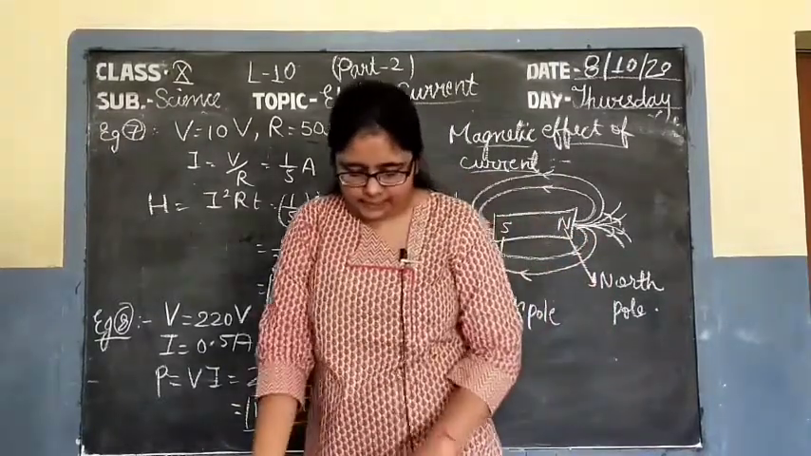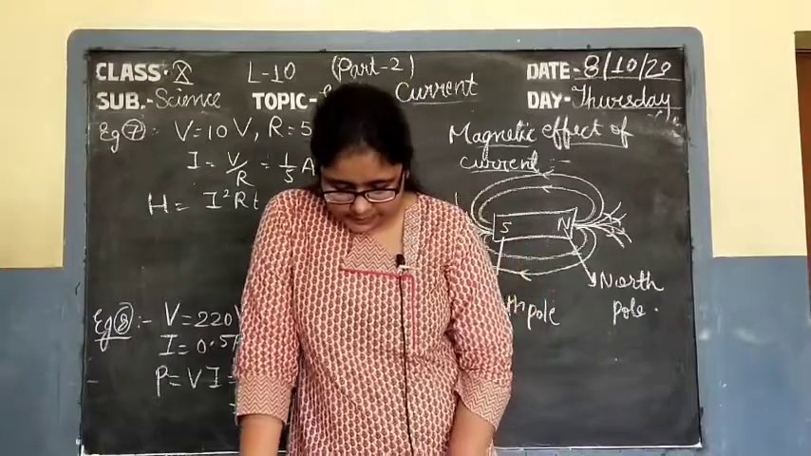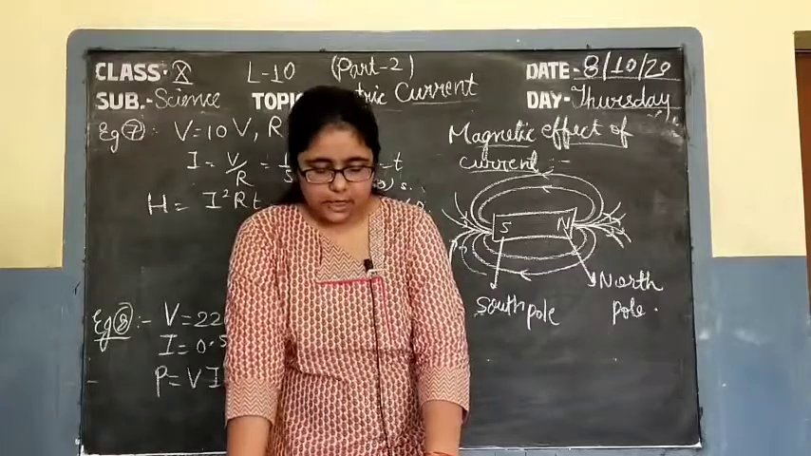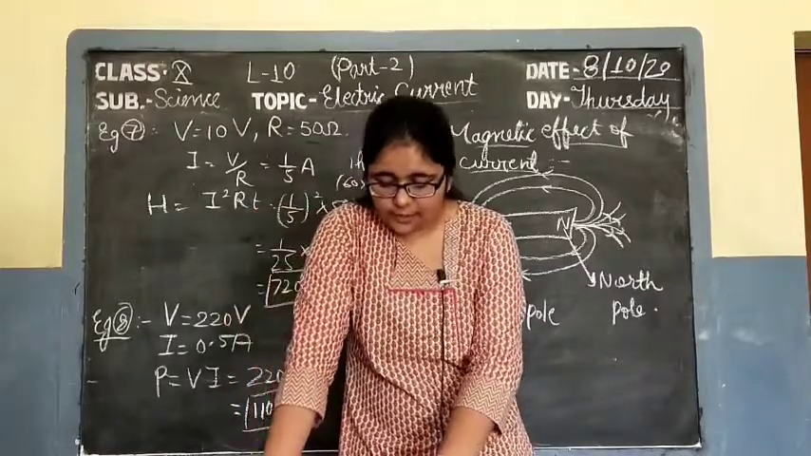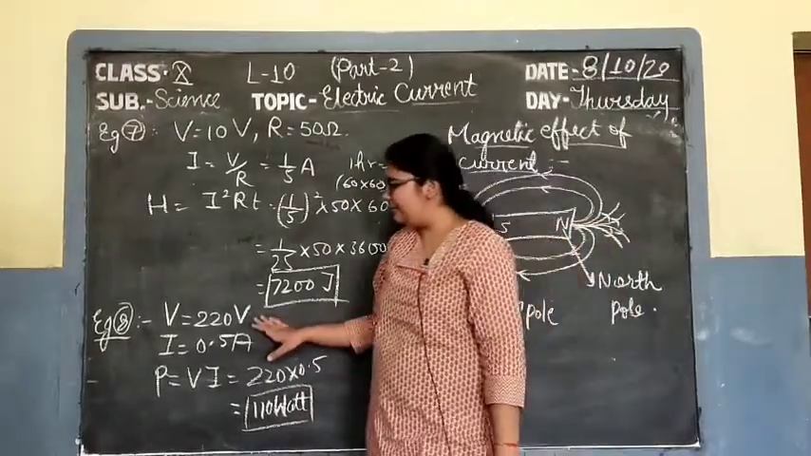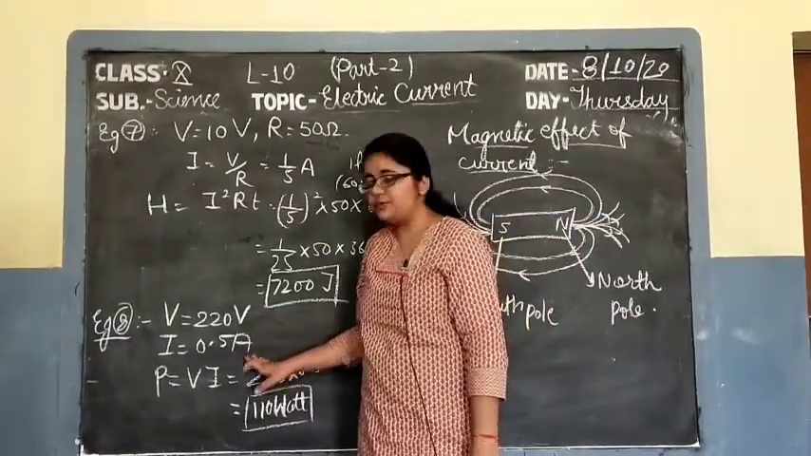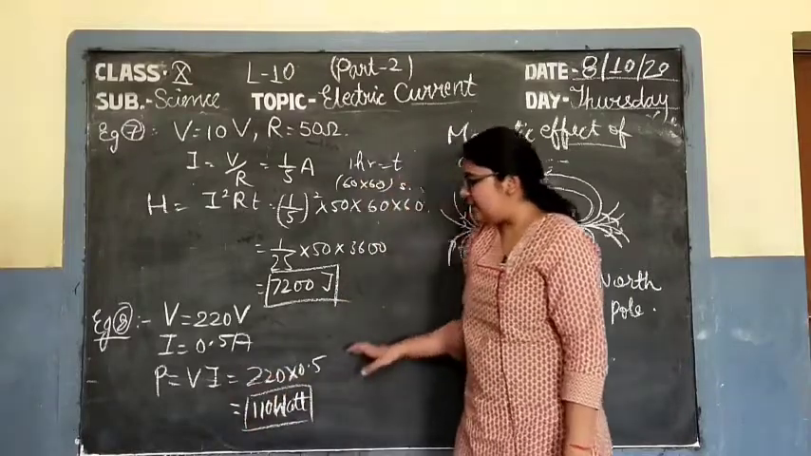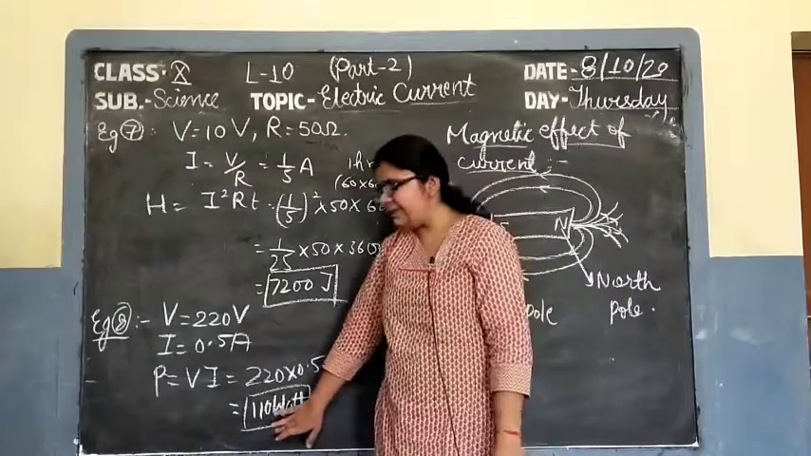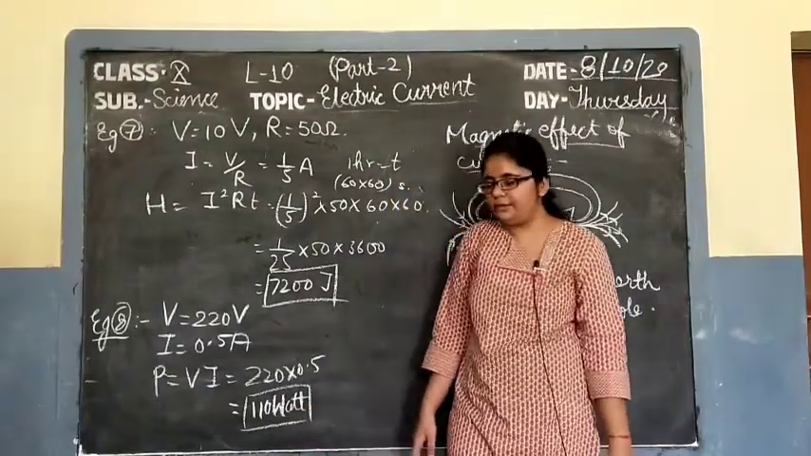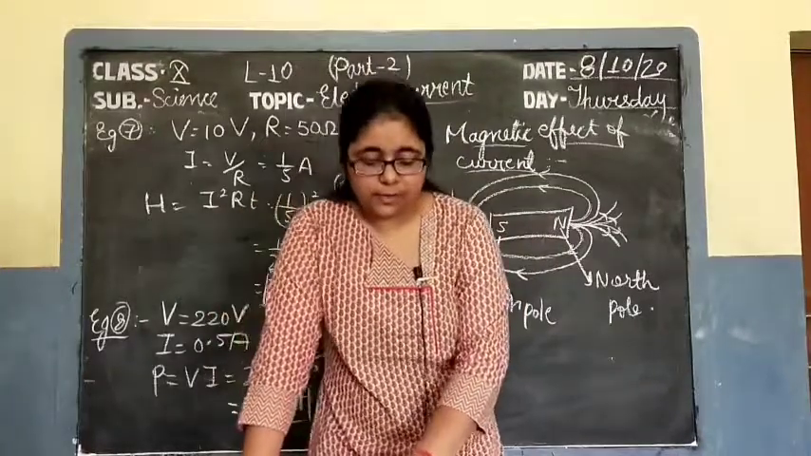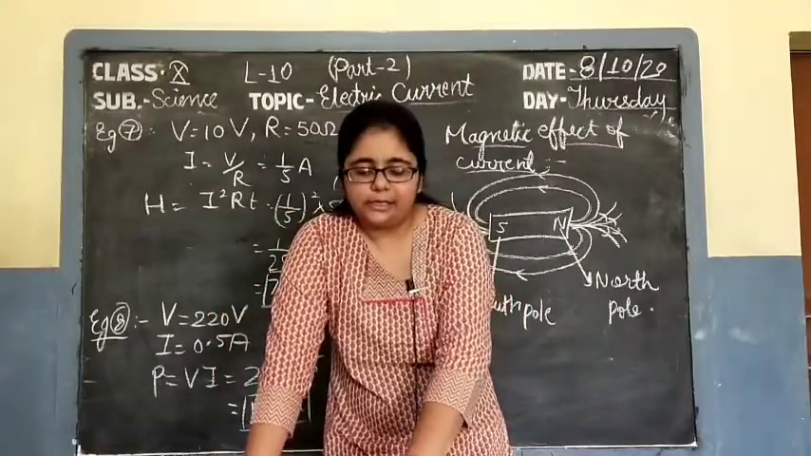Next question is example 8. An electric bulb is connected to a source of 220 volt and the current flowing through the circuit is 0.5 ampere. What will be the power of the bulb? Power is VI. V is 220 volt and I is 0.5 ampere. So power is VI. Then by multiplying 220 and 0.5 you will get 110 and the unit of power will be watt. So these were the questions which are related to the thermal effect of current and electrical heat